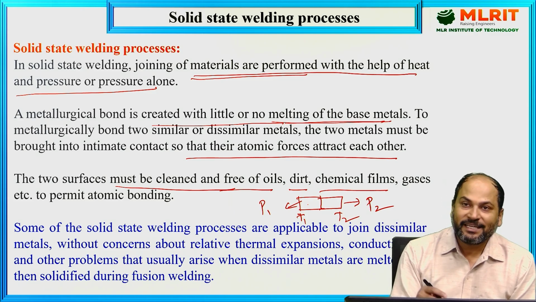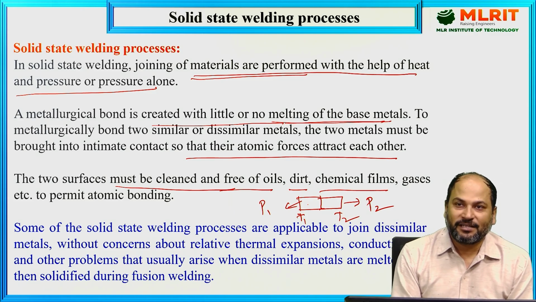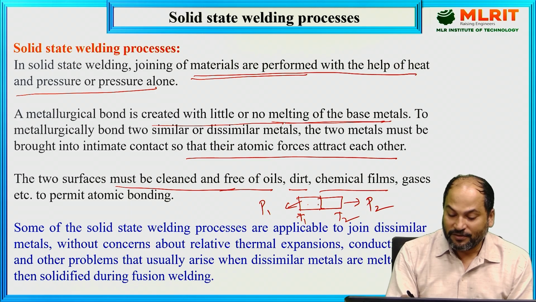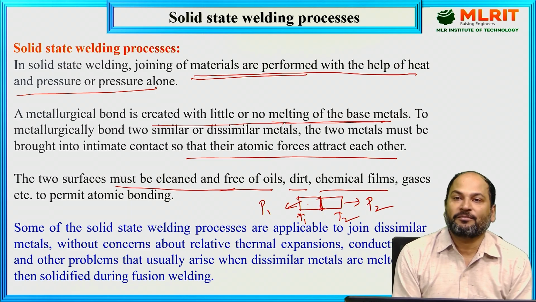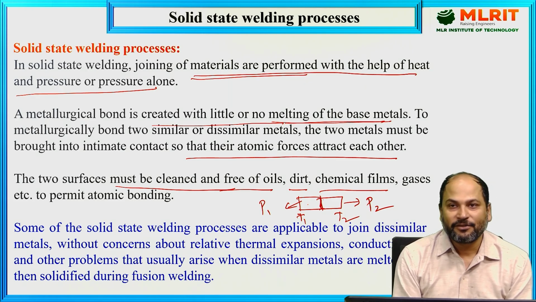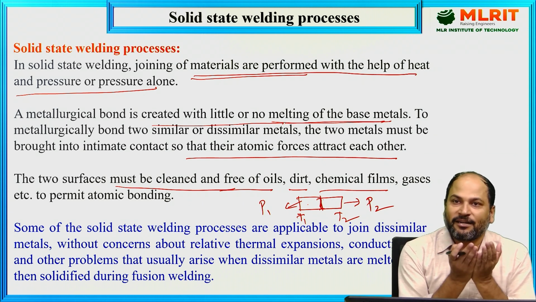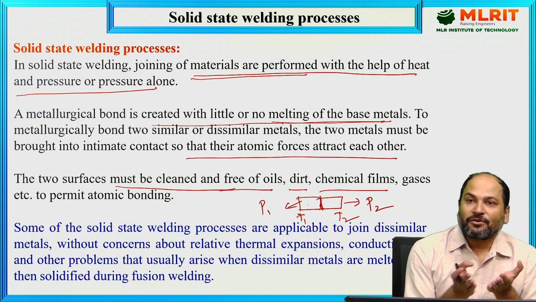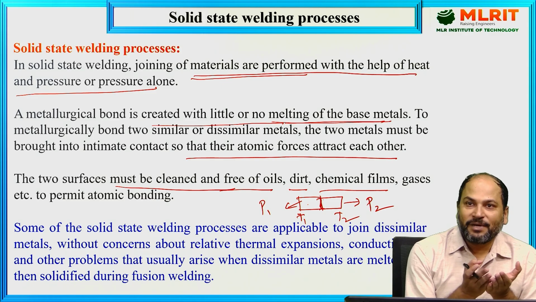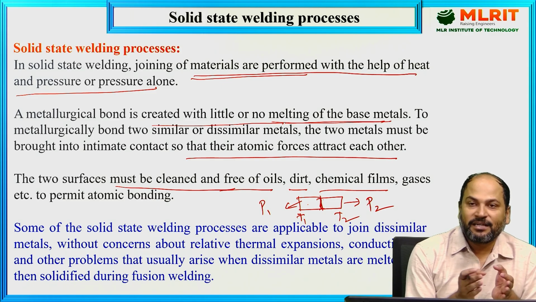And in which area we are going to put the heat is also going to be very difficult. If I am going to weld in this section, it will create a lot of problems, because both have different melting temperatures, and I know that to weld these two, I need to melt the material wherever they are in contact. Then and only then there will be welding. So if the melting temperatures of the materials are different, it is very difficult to weld.